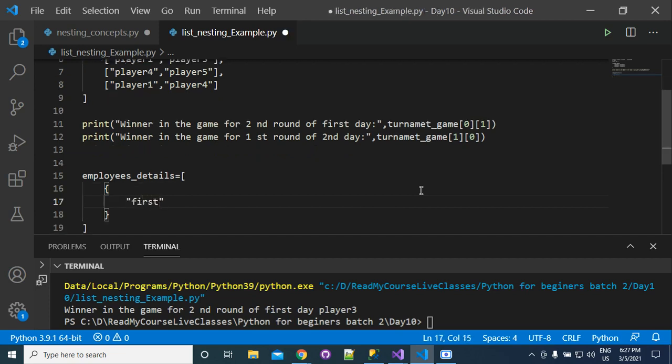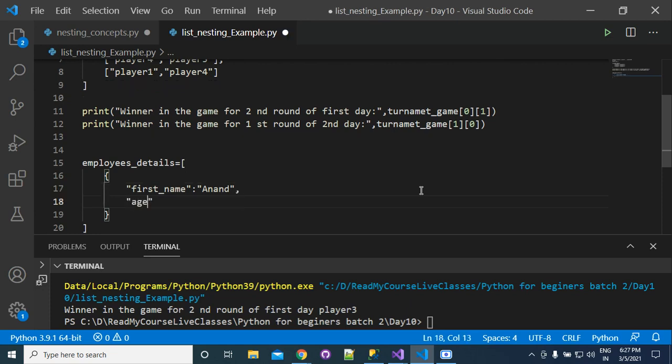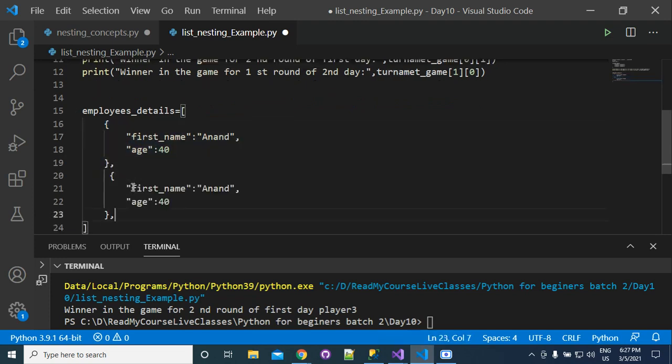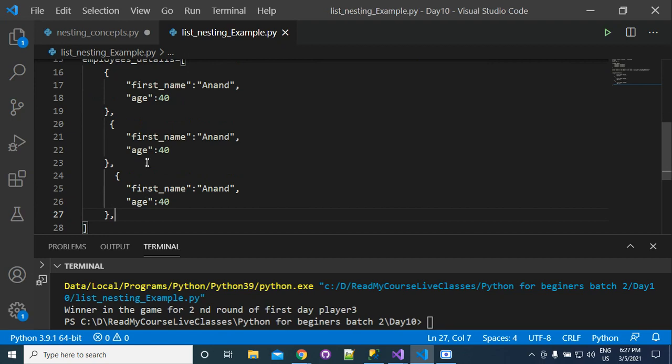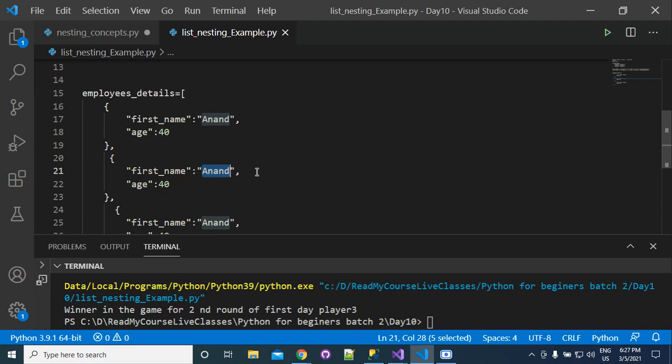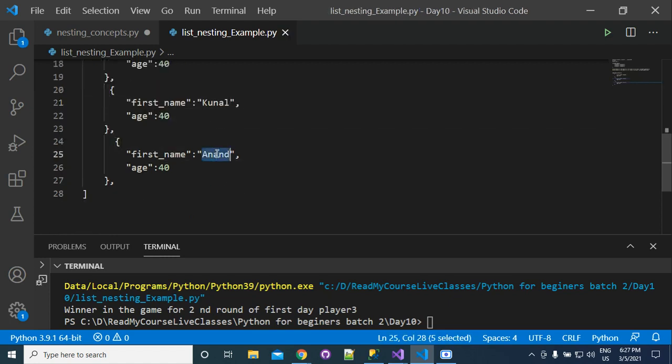First name. Okay, and then age is suppose 40. Now we have more than one employee here. So first we have first name Anand, and for the next employee we have first name suppose Kunal. Okay, and then first name suppose we have Sami.